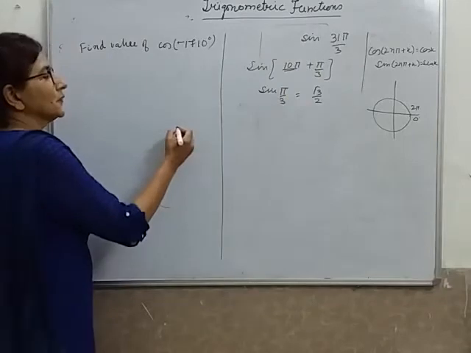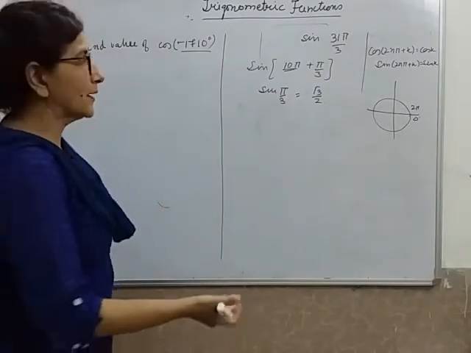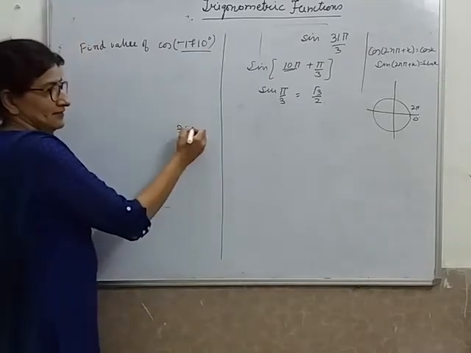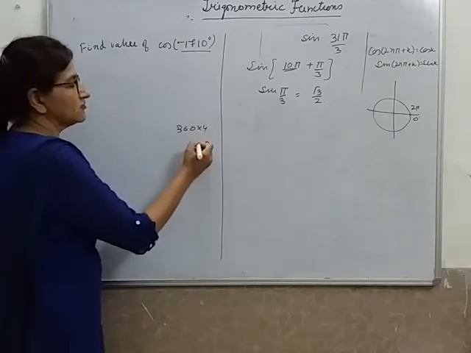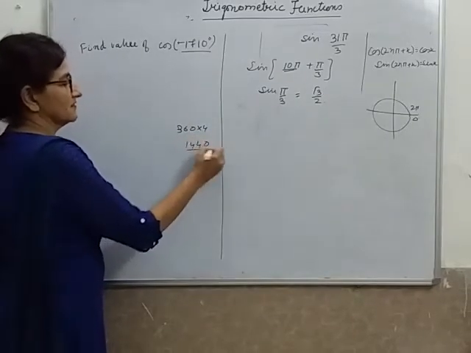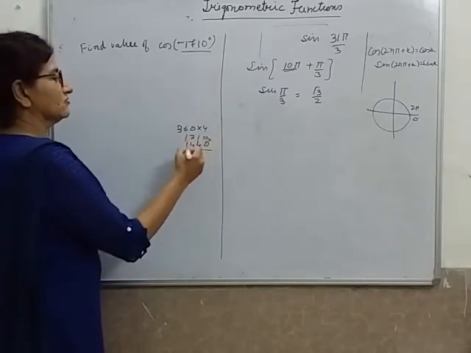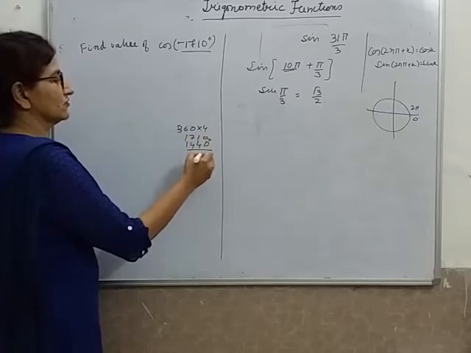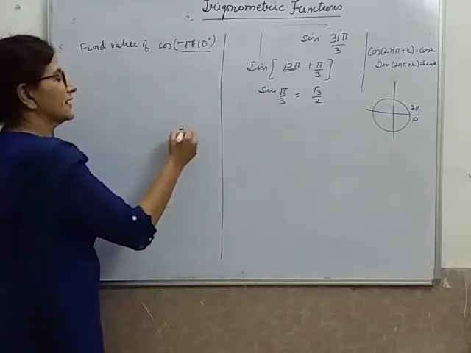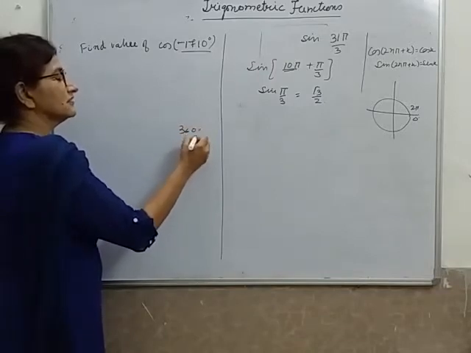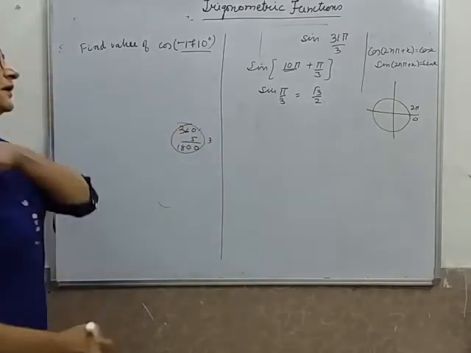In this example, we know cos also repeats after the interval of 2 pi. I just make guesses. I am not sure. I take 4 first. Deliberately I am taking 4, though I know it will go with 5. It won't serve my purpose. I will still get a very large angle. 11 minus 4, 7. It again is more than 360. So it doesn't serve my purpose. So I think of the next multiple of 360, 1800. This is good enough for me.